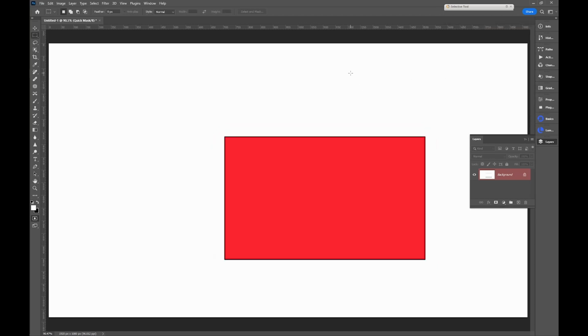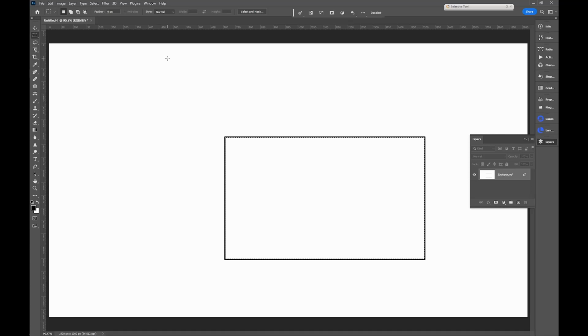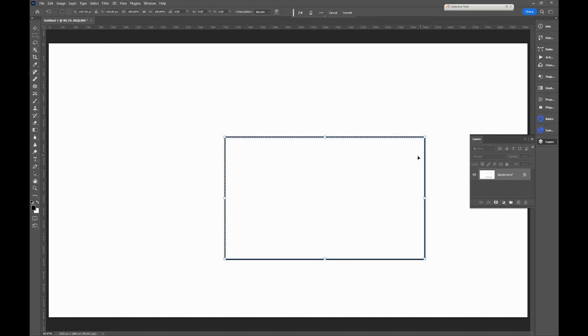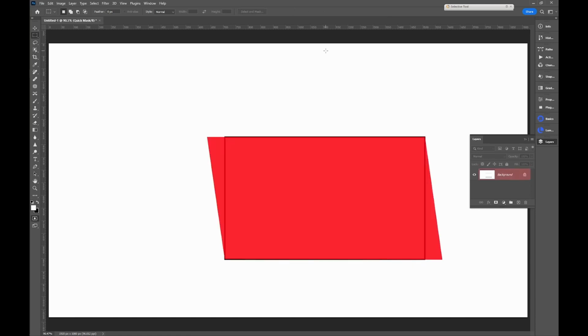The other thing you can do is to modify the selection shape. So if we go out of quick mask mode, you can go select, transform selection, and then you can shift the selection like that. If you hold the control key, you can skew the selection like that. Press return to accept, and you can see you've changed the shape of your selection. So that's a very short, quick summary of how you make a rectangular selection and can amend it after the